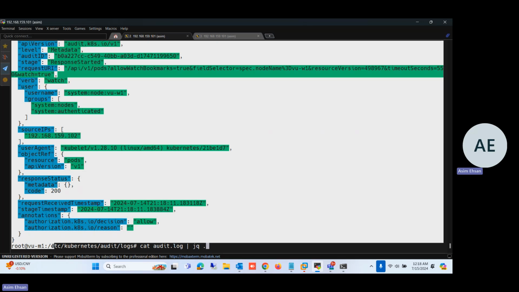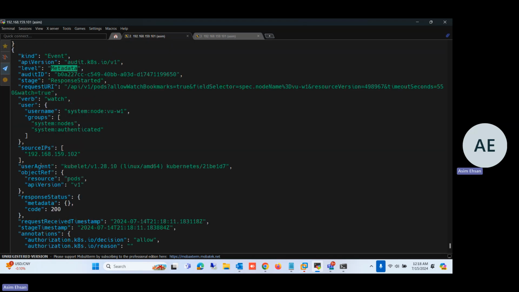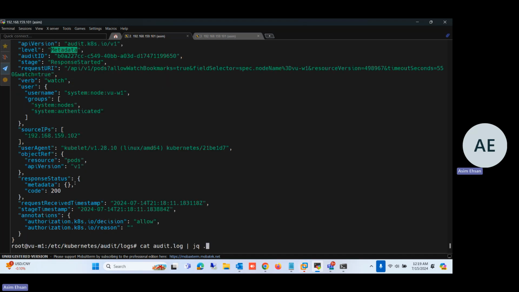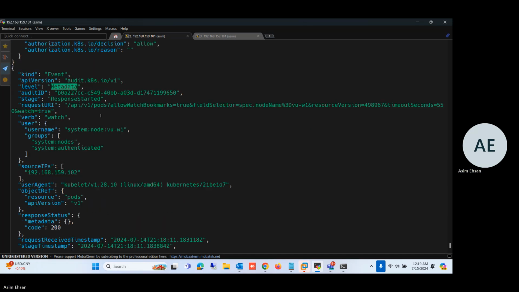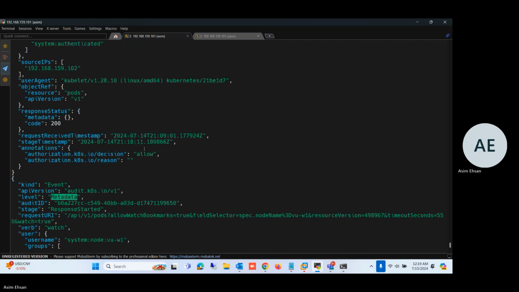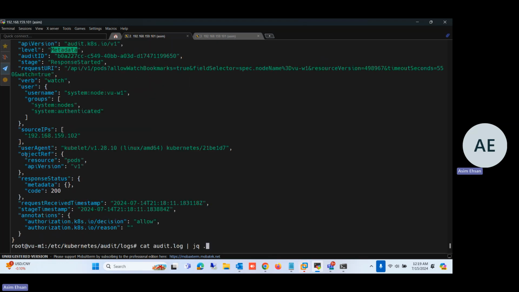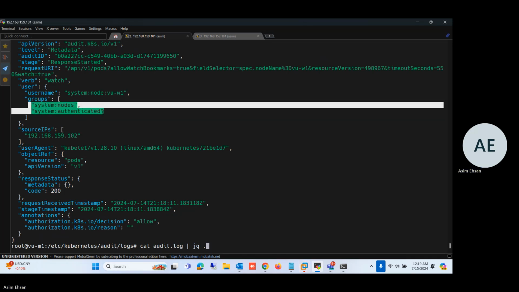This is a complete event. Okay, this event has kind, API version, metadata, level, audit stage, everything in a very clear format. Source IP, what was the request, who generated it. This was who generated it. This is the resource, and the user agent was this, and this user or this group tried to hit